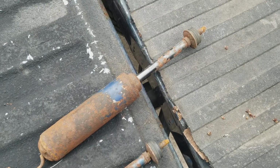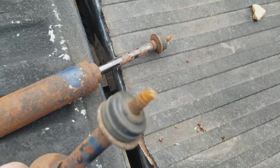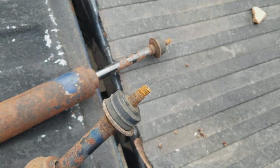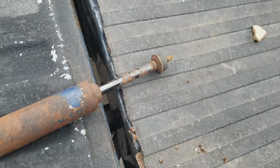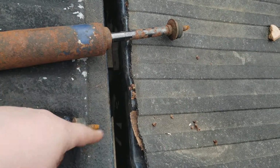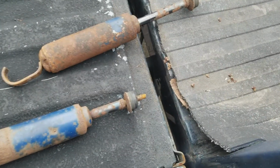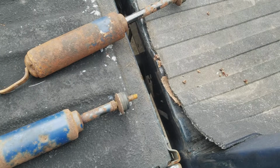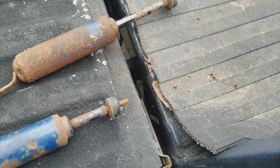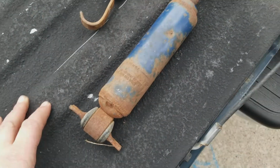And then the top, I basically had to take an angle grinder and cut them off, because I busted the tip off and I couldn't get the nut to back off of there. So essentially I had to take my Dremel tool cut off wheel and cut that thing apart to get this shock off. And it's not a fun experience, but anyways, the reason this whole ordeal happened was because this shock